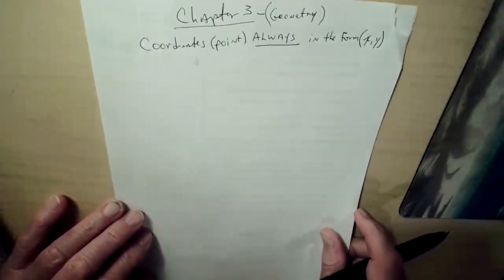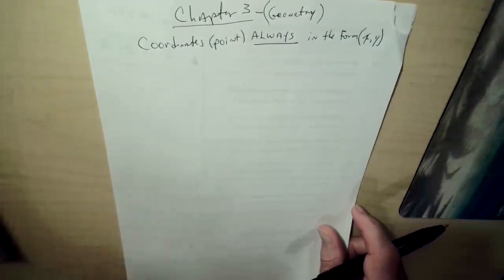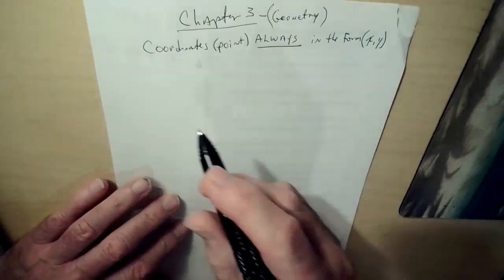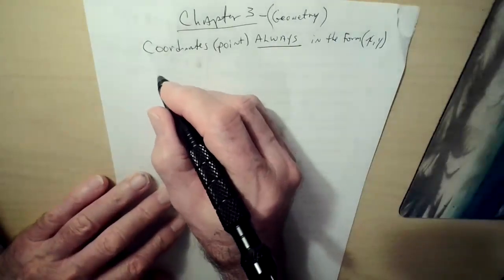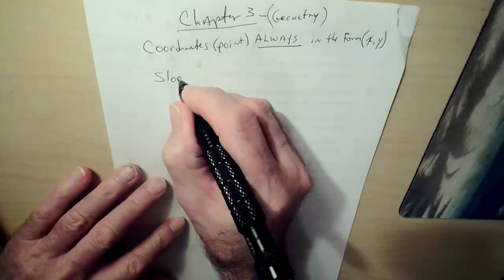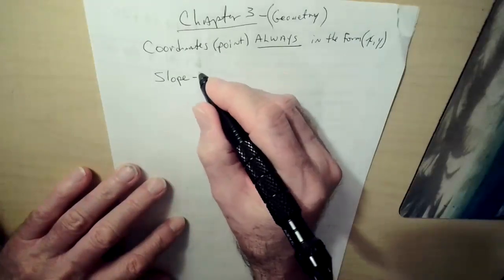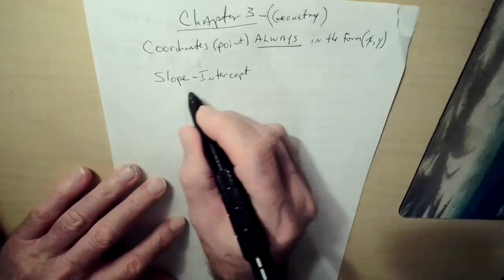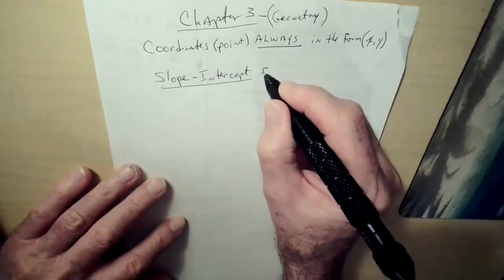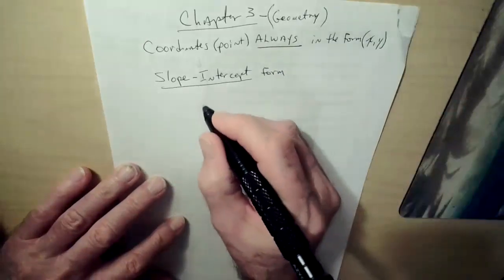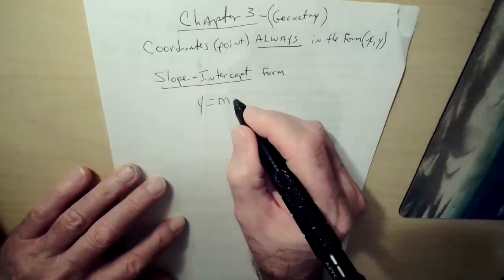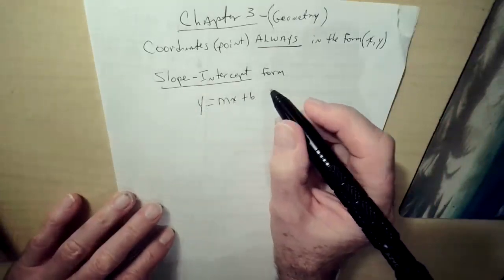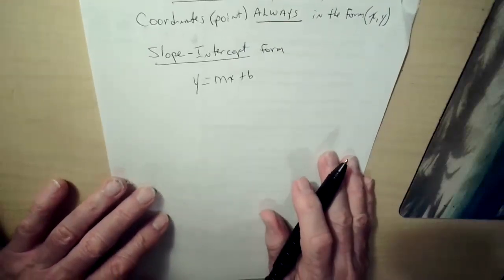Okay, here we go. And this is super duper whiz bang important here. This is called slope-intercept. Slope-intercept form is y equals mx plus b. Very, very important. You're going to see this a lot,